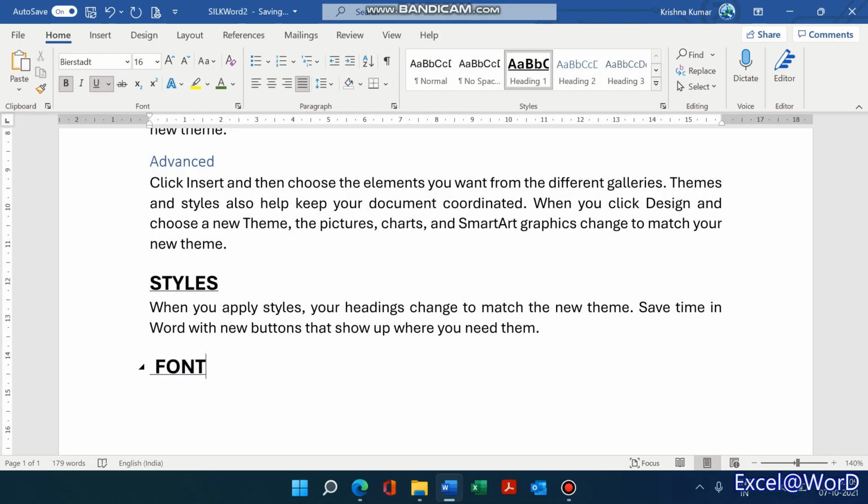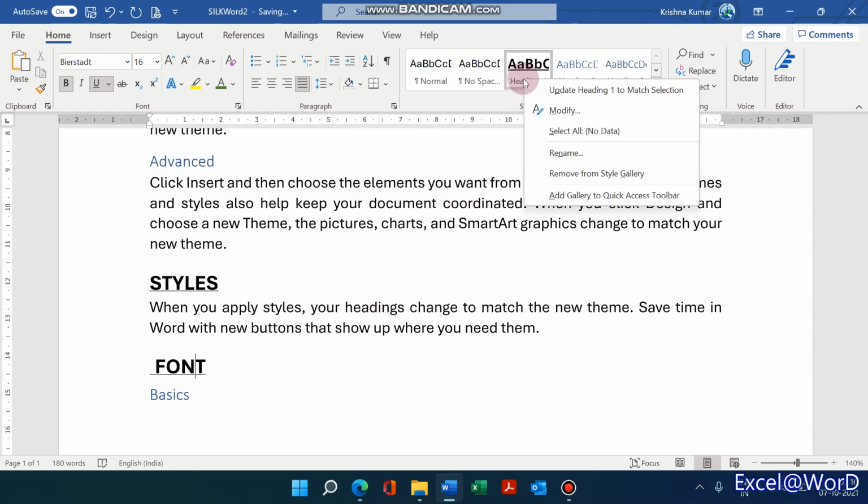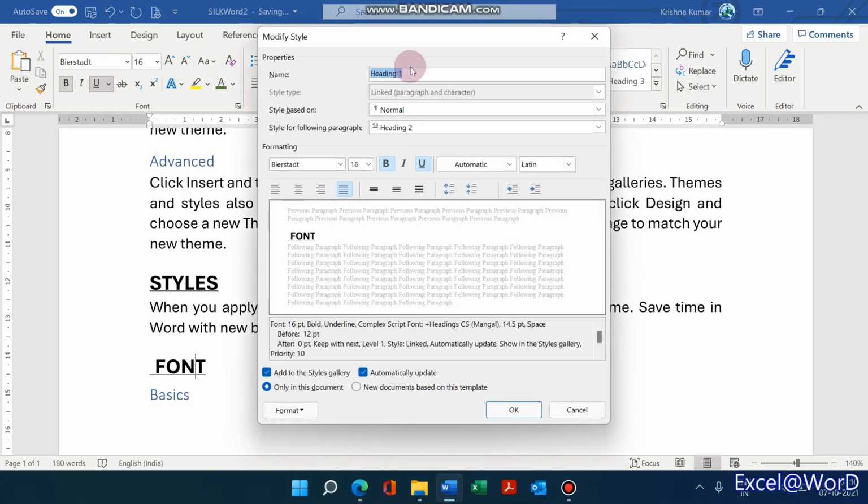Now I click enter and then stop again. Let us say again basic. See, basic is I didn't select what I wanted for the basic style. It was followed by heading 1, so heading 2 follows heading 1 as per the setting. Heading 1 is followed by heading 2.